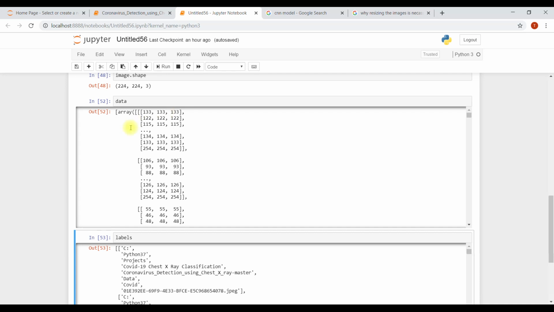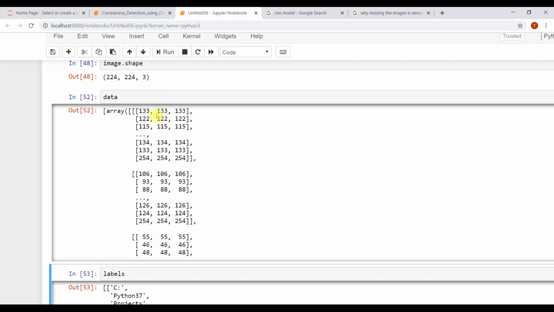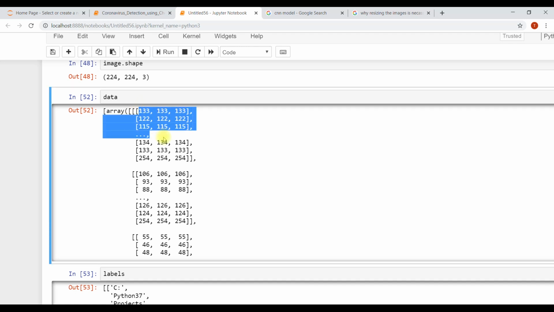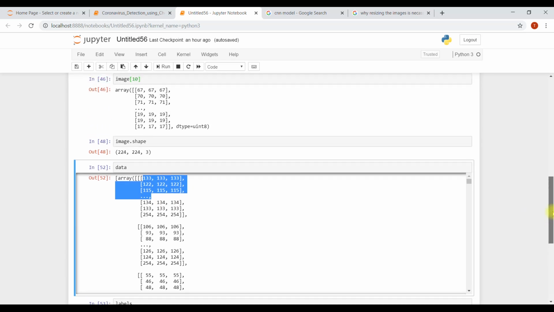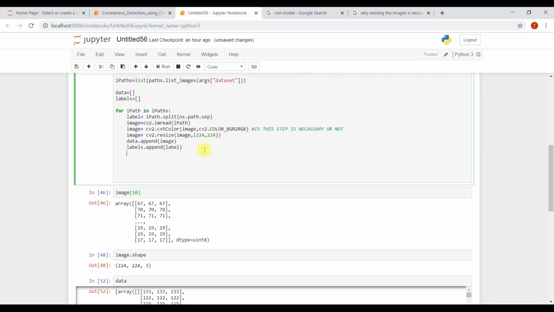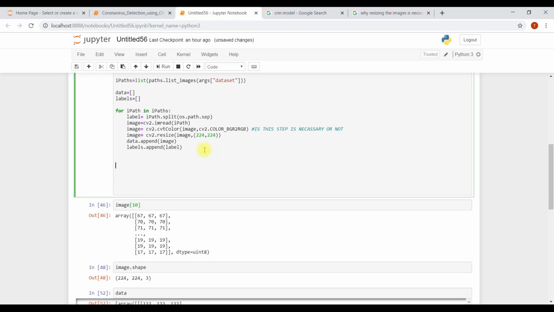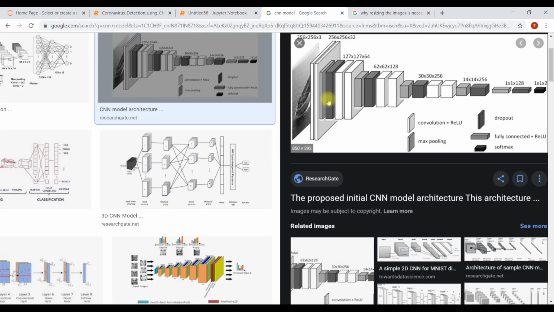Just in a particular range. The values the data are holding will not get changed, but look at the size. The size should be small, not the values. The data they are holding will not get affected, but the size needs to be small so that it can fit into the CNN model very easily.